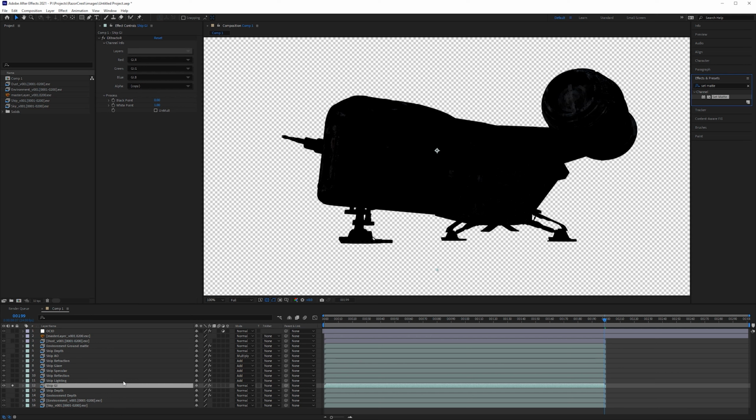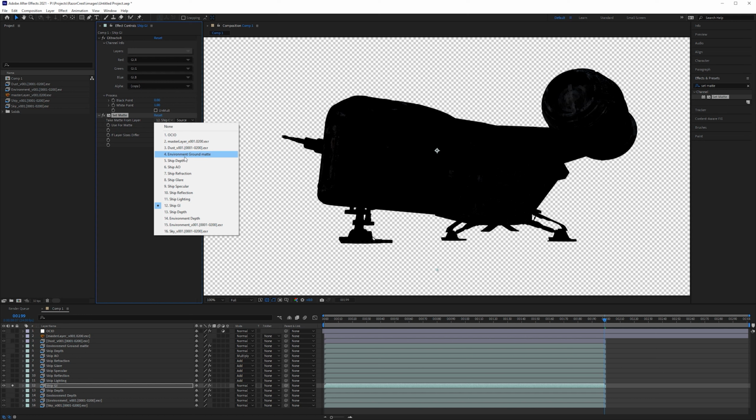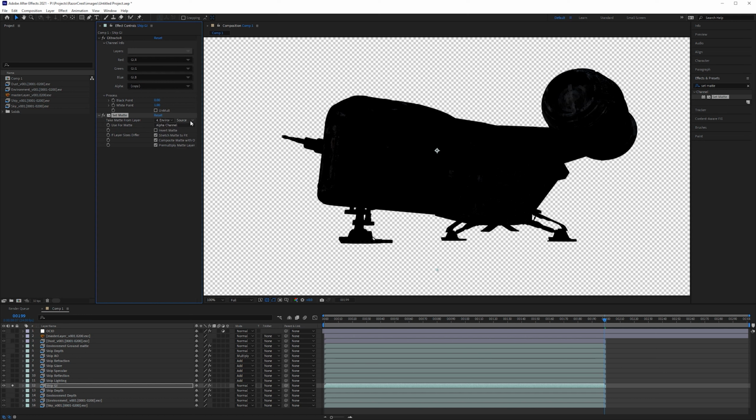The set matte effect allows a layer to use a matte, but not as a track matte, just as referencing another layer. So a track matte has to go directly above that layer. Set matte effect can go anywhere inside that comp. We'll drag on the set matte effect, and then it says take matte from layer, and here we select the environment ground matte. Where it says source, we change that to effects and masks, in case we have any type of adjustment on the mask, like an effect or something. We would want it to honor that.